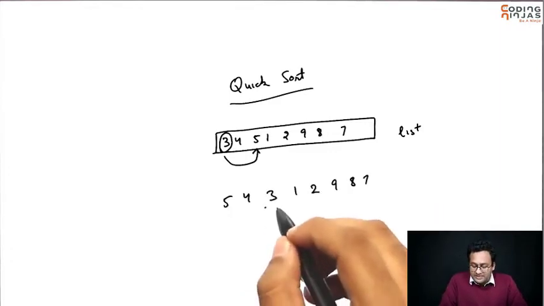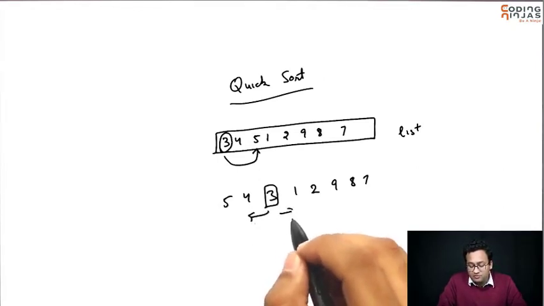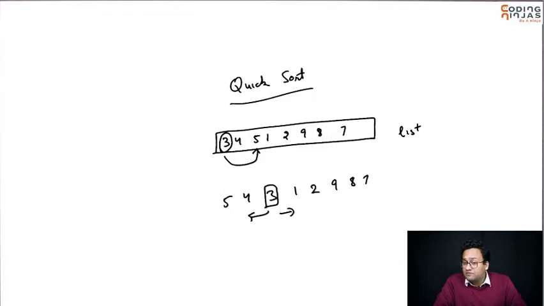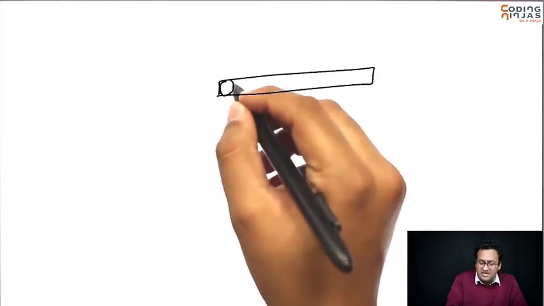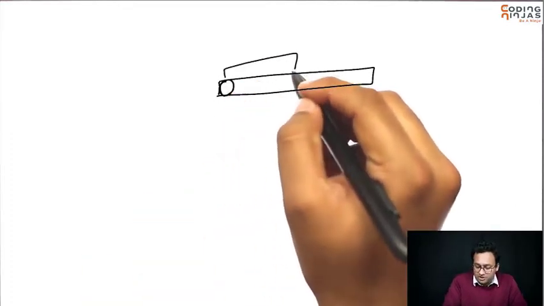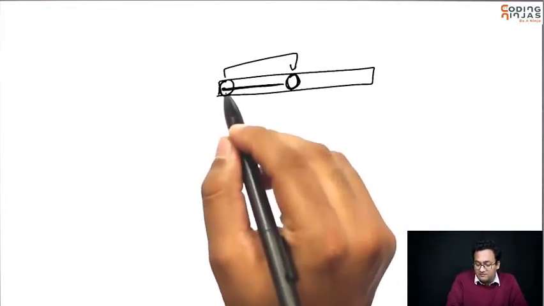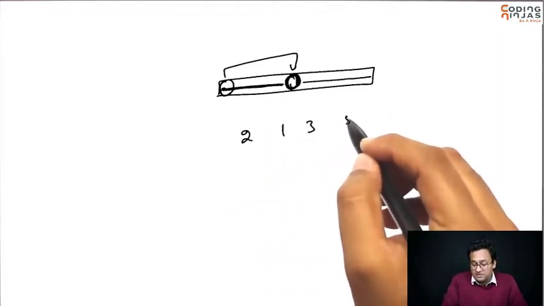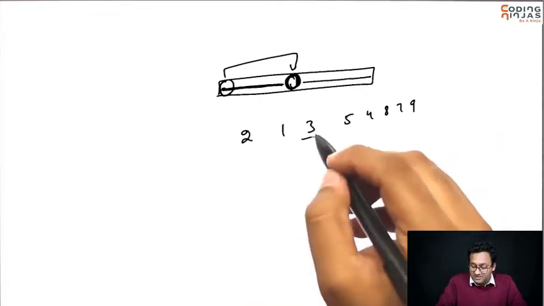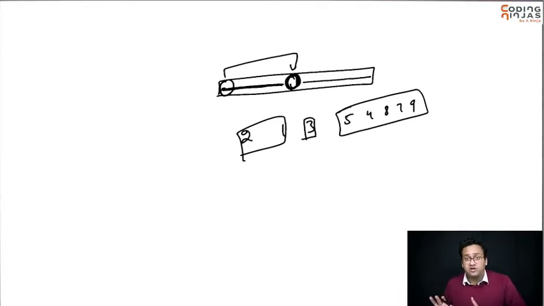And now it says do something so that everything smaller than 3 comes on this side and everything greater than 3 moves to this side. So we need to find an algorithm which, given a list, picks any element, takes this element to its proper position, and then makes sure that everything on the left is smaller than this number and everything on the right is larger. This does not mean the array has become sorted now. For example, I could end up with something like this. So 3 is at its right place, everything on the left is smaller than 3, everything on the right is greater than 3, but the list is still not sorted.